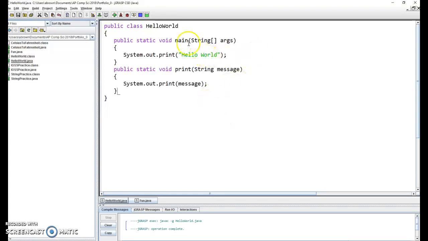Hello, everybody. So what we're going to talk about today is writing some methods and using it in its own separate class. We already got really familiar with our main method, just a very simple hello world, right? And instead of typing out system.out.print hello world, which we know would work, I define this new method, right? It has its one parameter, the string. It's not going to return anything. It's just a void. We do that a lot when we're printing things,